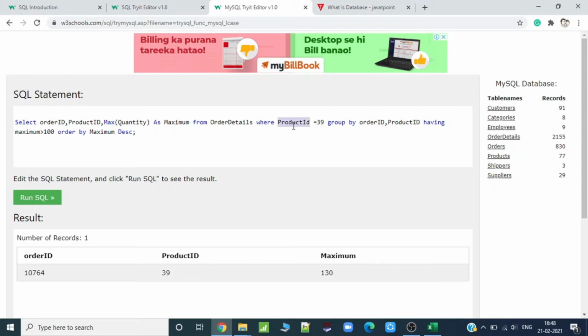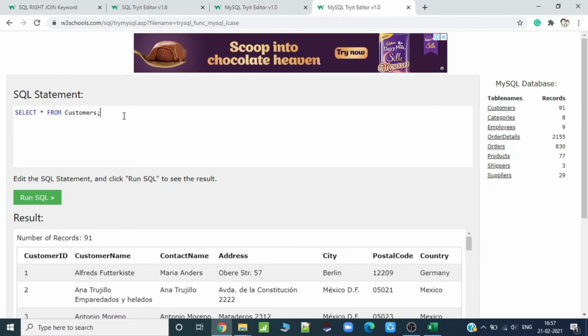So if you want any condition on the simple attributes or simple columns present in the table, then I will use the where clause. But if I am putting a condition on the aggregate function like maximum quantity, which I declared as maximum at runtime only, then I would use having. Hope you understood this. Every time you have to put a condition on aggregate function output, use having. If you want it on simple columns, then use the where condition. Right? Coming to the joins.